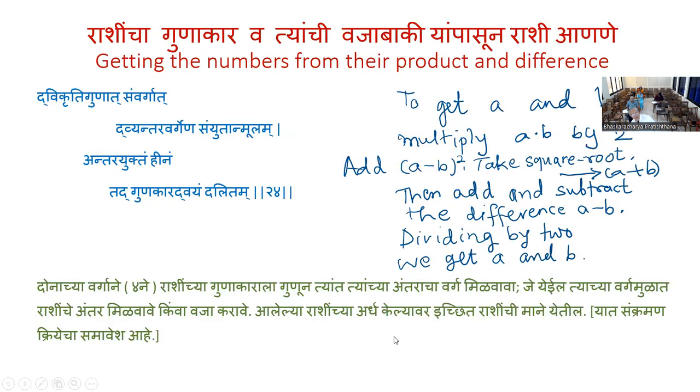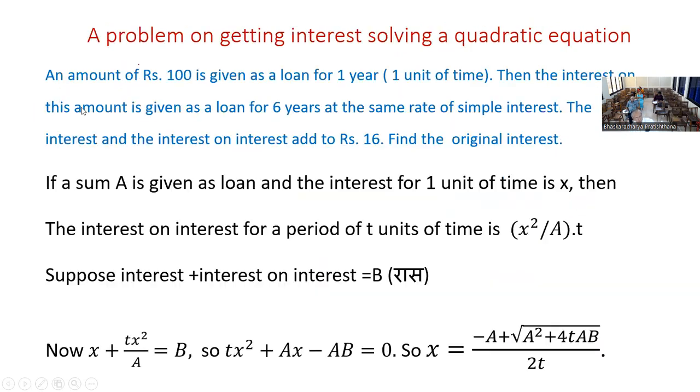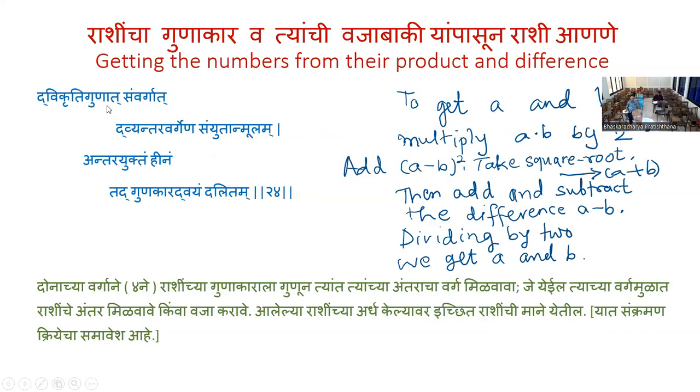So here the method is given: dvi kruti gunat samvargat. Dvikruti: kruti is square, dvi means 2, so dvikruti means 2 square, which means 4. So you multiply the samvarga, which means the product of the two numbers, by 4. That is ab into 2 square, that is 4ab. So samvargat,